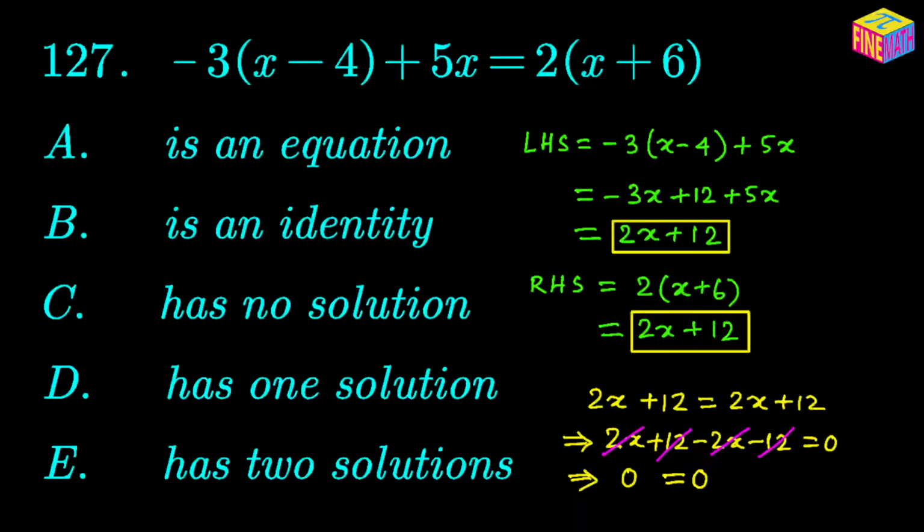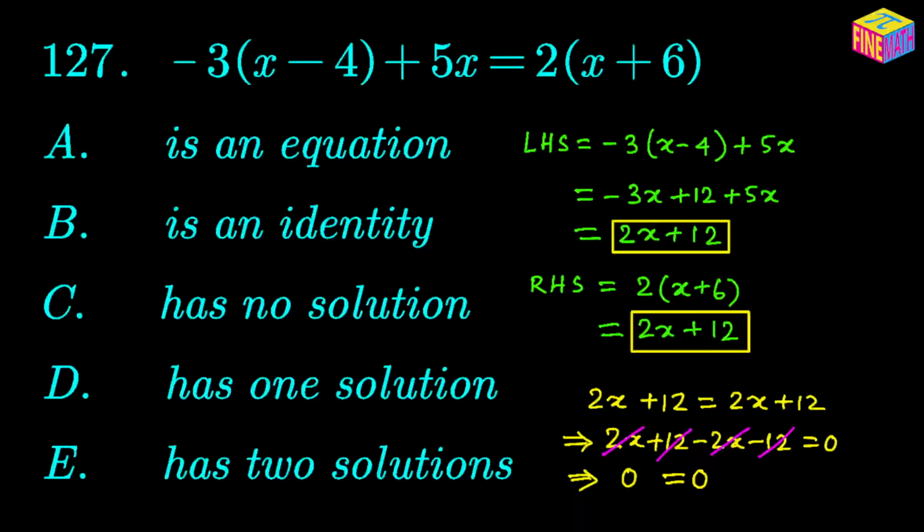So saying it has two solutions would not be a correct statement. It has one solution, that is also not a correct statement about an identity. It has no solution, that is also not true. Actually it has an infinite number of solutions. So our only correct answer option here would be option B, that says that it is an identity,